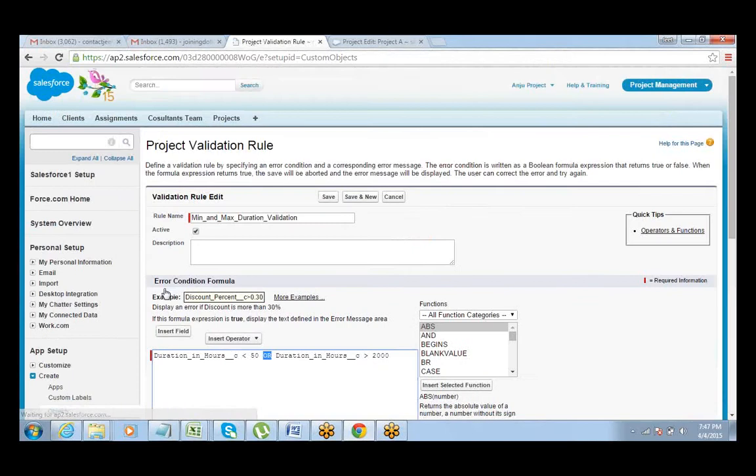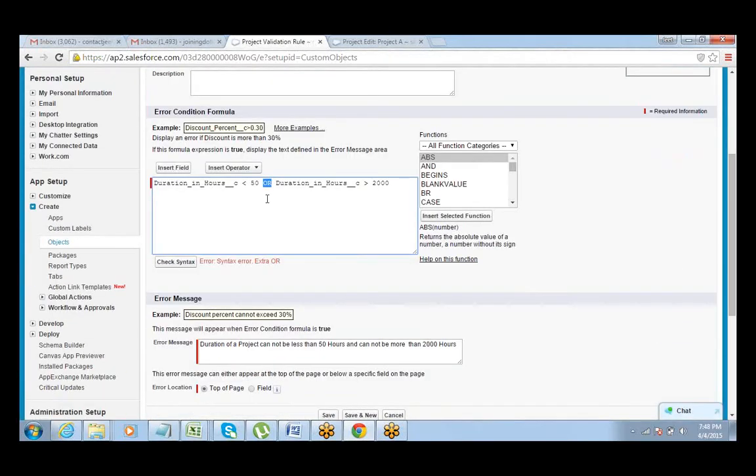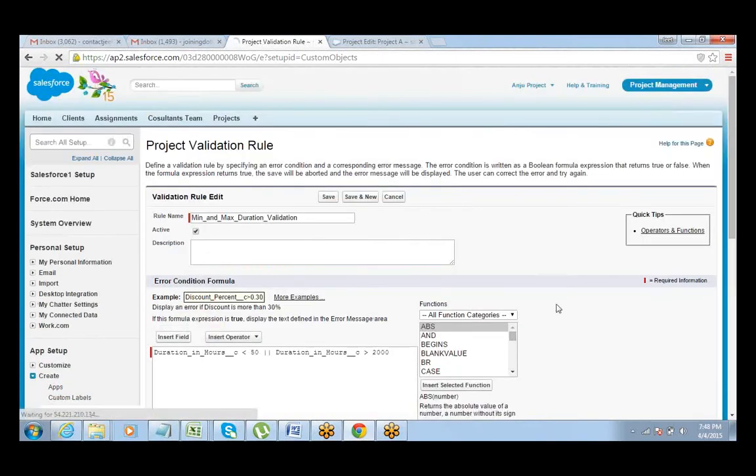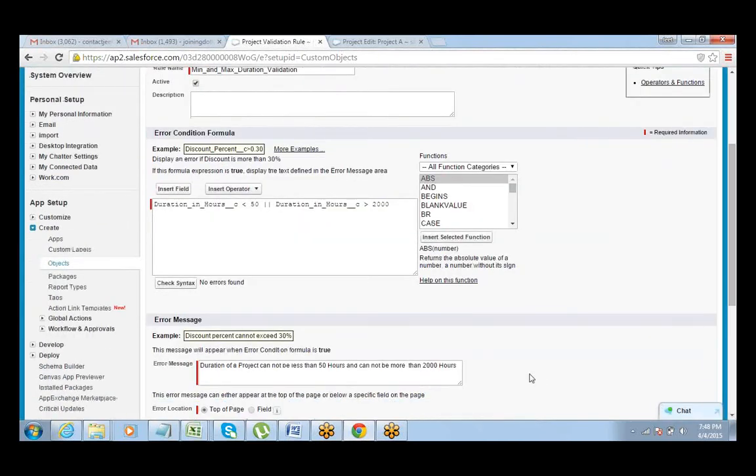Do a syntax check. It throws a syntax error for OR. I think we will need to use this symbol here instead of writing OR. Yeah, no syntax error. Fine.